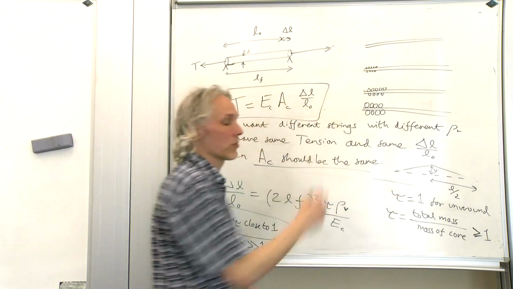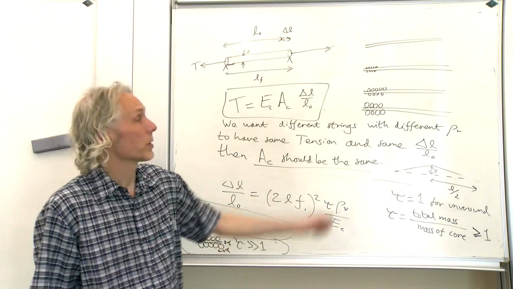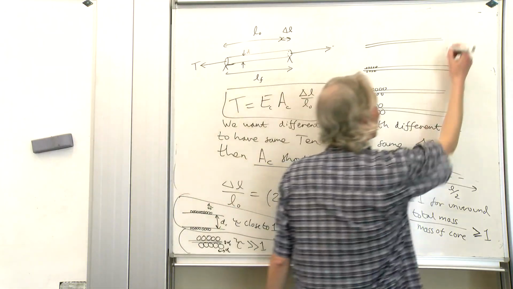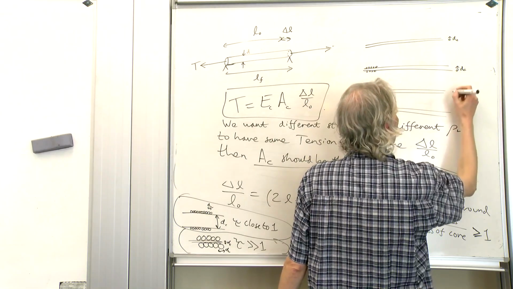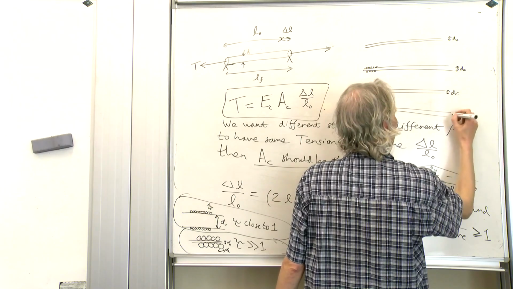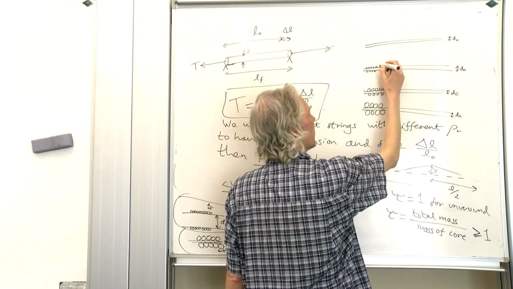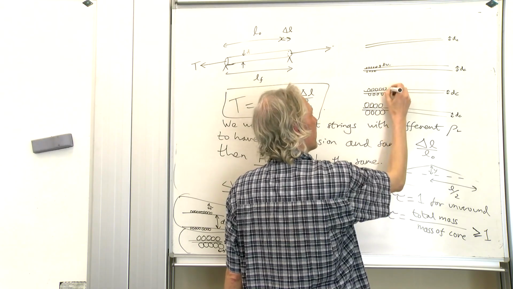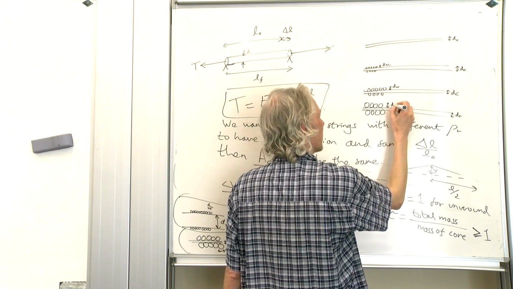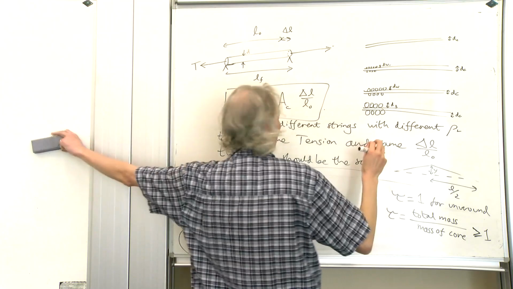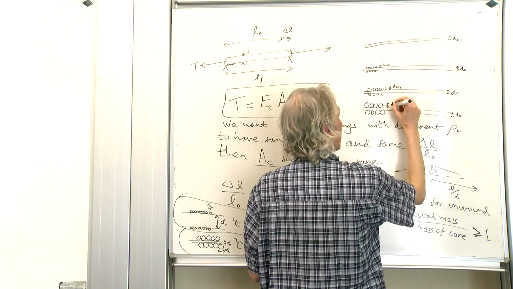Okay, the windings should really be very, very close to touching. But anyway, you get the idea. We could have the same D core on all of these, and just have a small dW and a bigger dW there, and a bigger dW there. We'll call these D winding 2 and D winding 3.